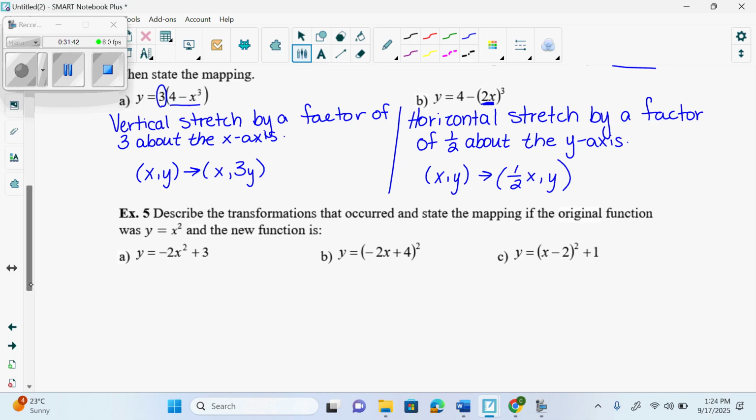Next one. It says, describe the transformations that occurred and state the mapping if the original function was y equals x squared. Okay? Paying attention? The bracket is here if there is no bracket on the x, yes? True? Okay, if we look at A,